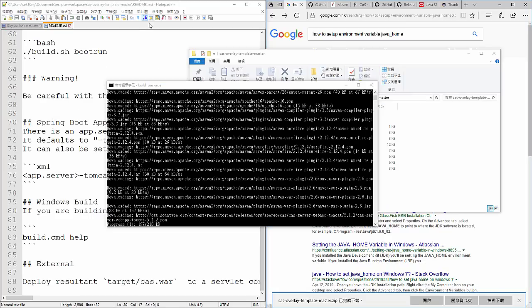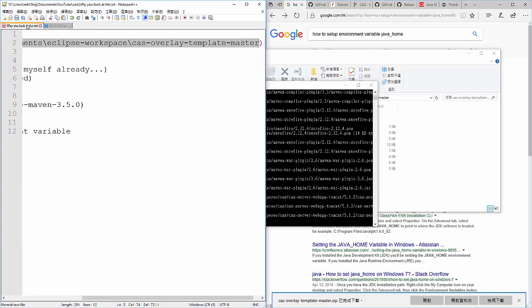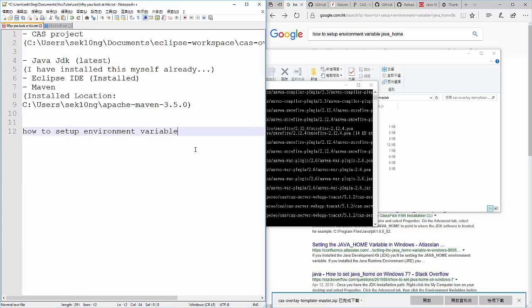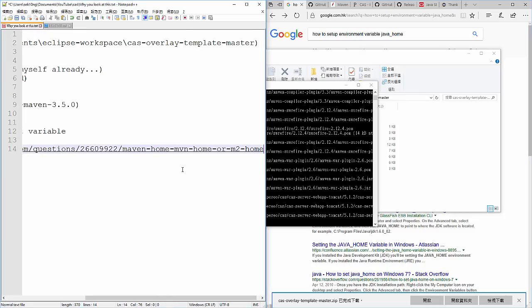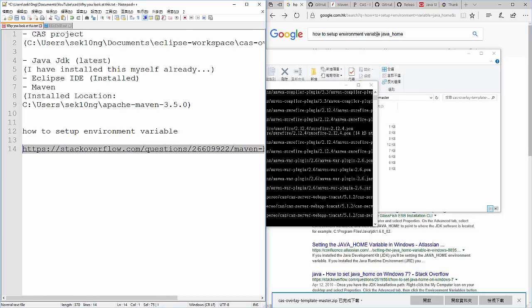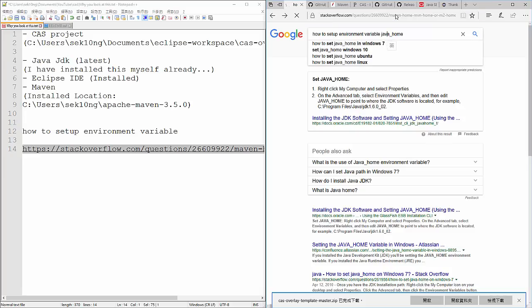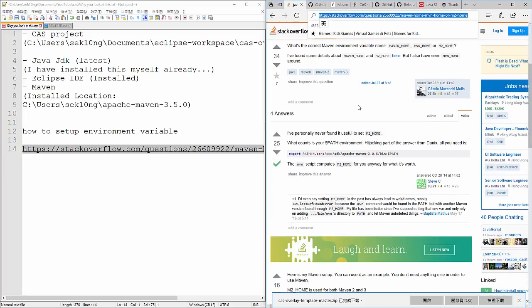Okay, so after you set the M2 home, you also need to set this one. I'll give you the link. This one, which is here, tells you to use this export path to make sure the bin path is in the environment path variable, so that Windows can search it.